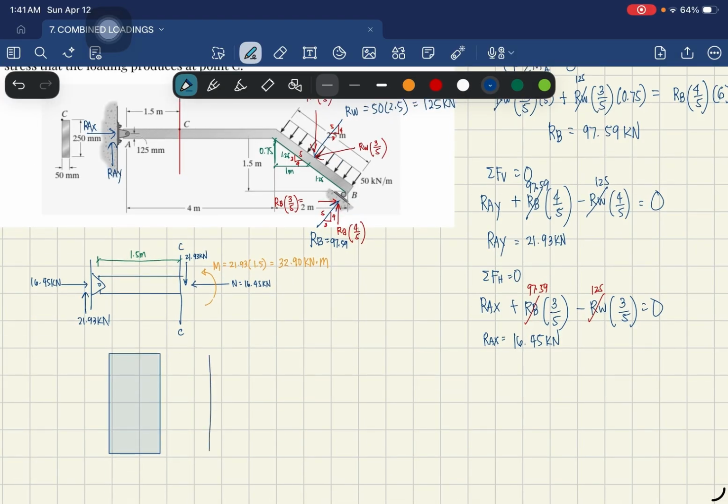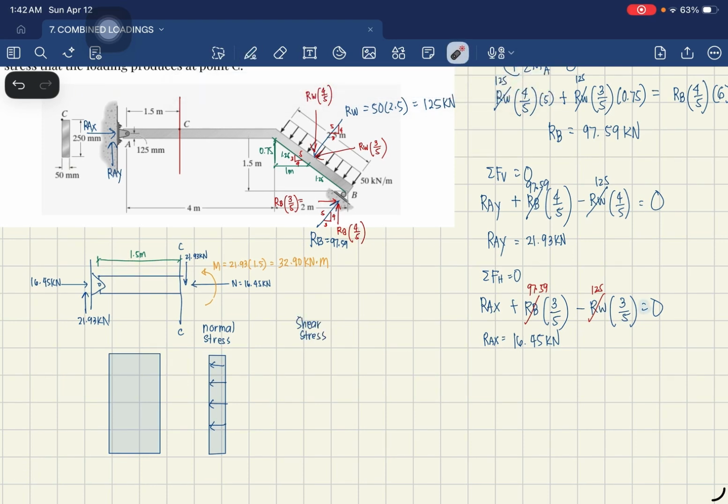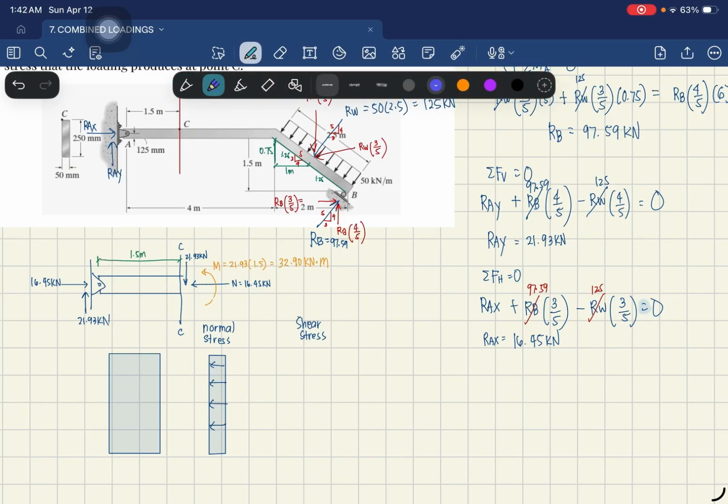So, magkakaroon tayo dito ng normal stress distribution. Pag normal stress distribution, kukunin lang natin yung P over area. So, distributed siya evenly throughout the cross-section. Ito yung normal stress distribution natin. Then, for the shear stress distribution natin, pag rectangular,